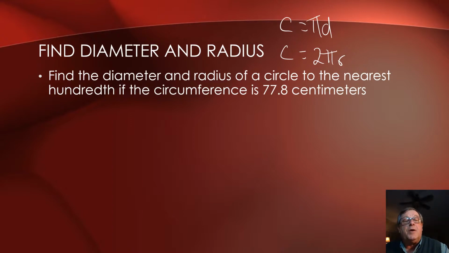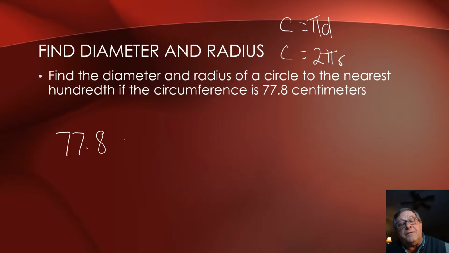And so in this example here, it asks us to find the diameter of a circle to the nearest hundredth if the circumference is 77.8. Let's see, and I think it wants us to find the diameter and the radius. All right, well, if the circumference is